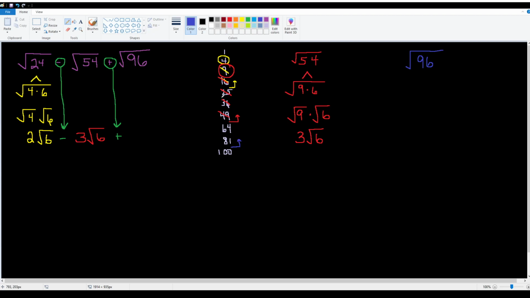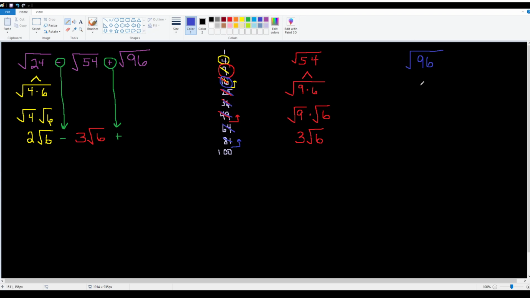So I'm going to take 96 and divide it by all of my perfect squares to see which one is the greatest one. 96 divided by 81 does not work. 96 divided by 64 does not work. Divided by 49 does not work. Divided by 36 still doesn't work. Divided by 25, nope. Divided by 16, that one works. So 16 works,